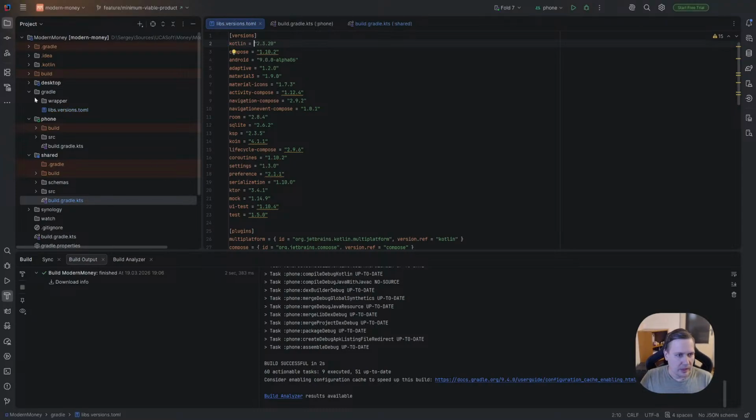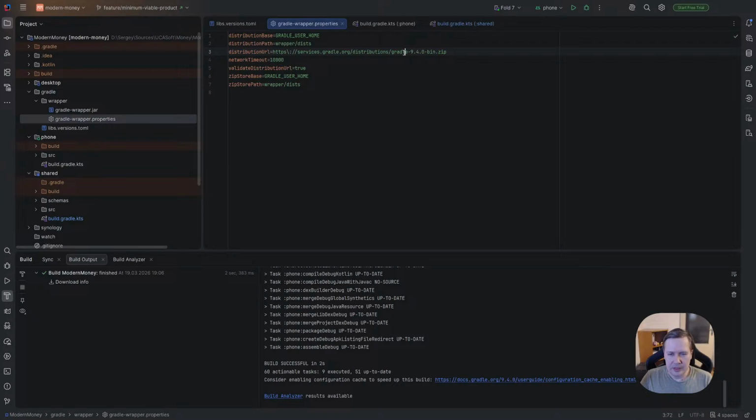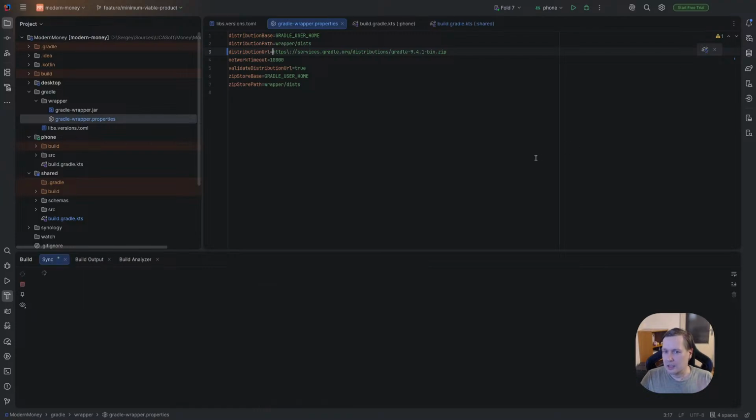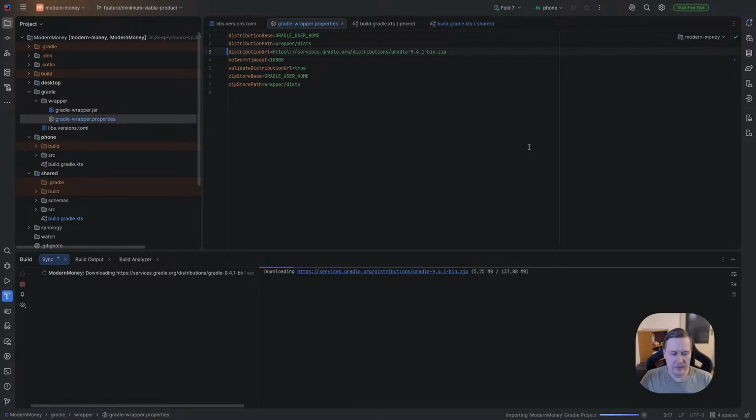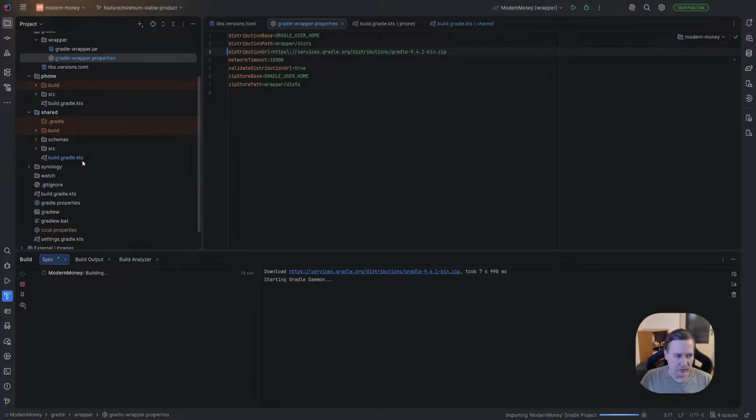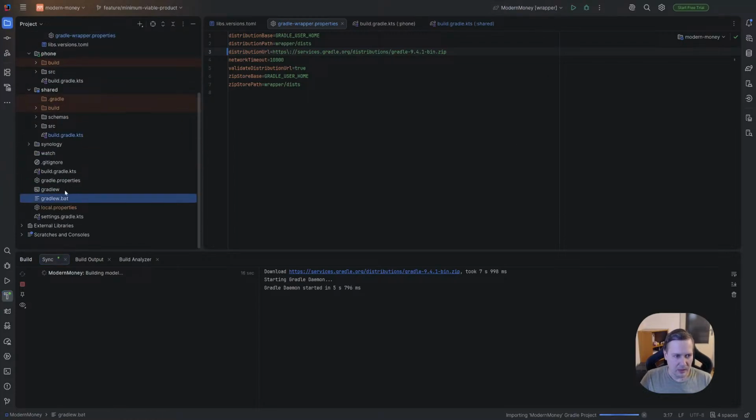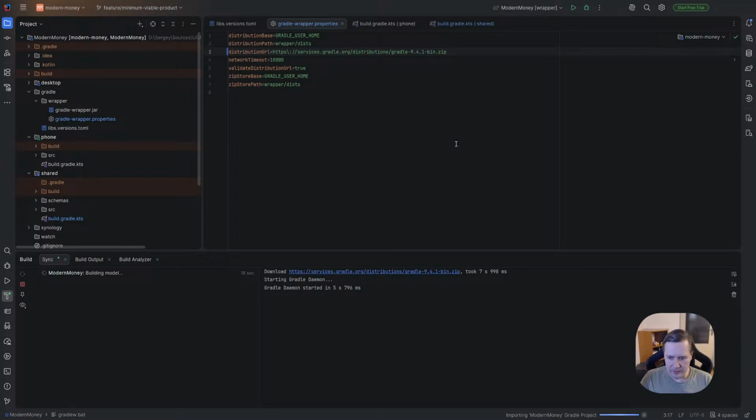Let's check what we have for Gradle. It's 9. Okay, it shows that maybe there is a new version. Yes, 9.4.1. And as you remember, we need not only to change it here, we also have to go to Gradle itself and run the wrapper task to download the new version of Gradle, the Gradle wrapper scripts, and maybe this jar. So after it finishes downloading,